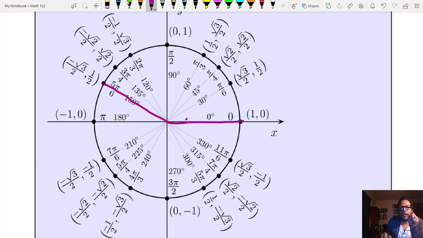So the opening, the angle is 150 degrees, right? However, we were looking for the related triangle, right? Okay, drop a vertical line perpendicular to the x-axis and form the related triangle, right? The special triangle related to 150 degrees, which is, in this case, a 30, 60,